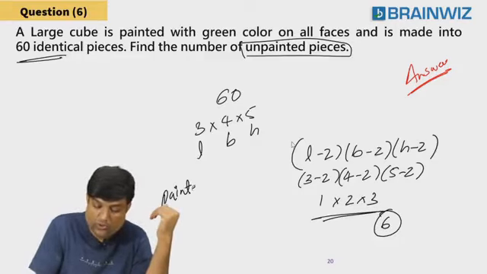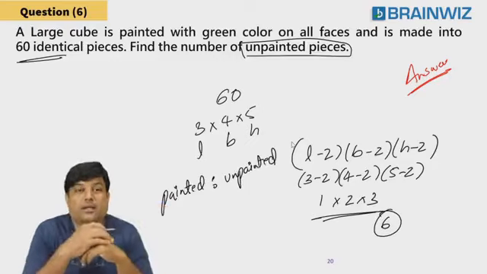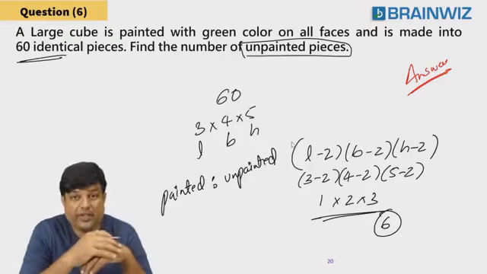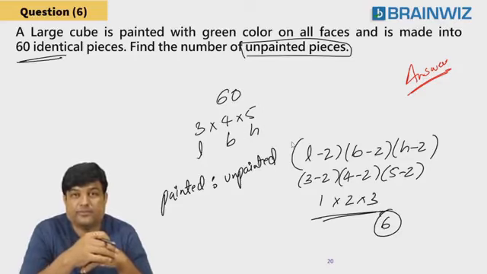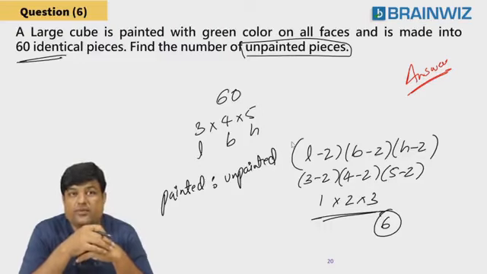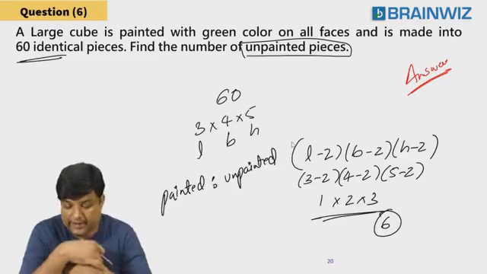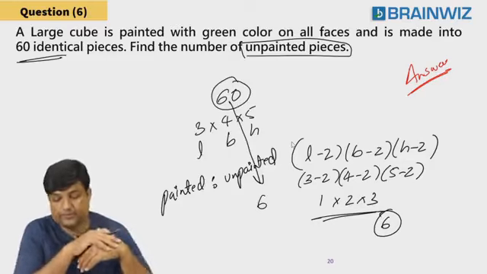Students, I'm asking you one more question. What is the ratio of painted to unpainted? Yesterday we have done this question, students. You said 6. Riyas is saying 6. Aniket is saying 6. Everybody is saying 6. What is the ratio of painted to unpainted? Come on. Rakesh Naidu is saying 9:1. Mayank Tiwari is saying yes. How 9:1? Out of 60 pieces, how many are unpainted pieces? 6. Everybody has told.